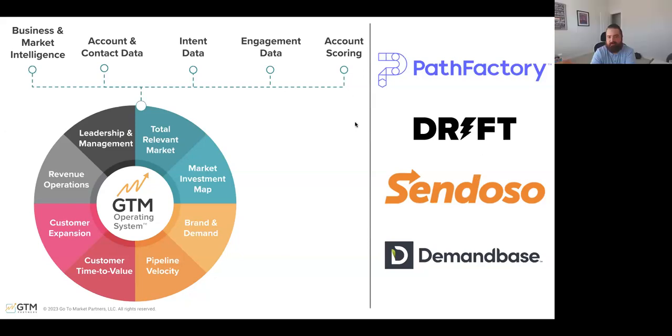Right. Yes. Well, we work with clients that have all of your technologies or like technologies, right? And that's why at the top I said that this discussion around ICP, total relevant market, building a target account list is just so foundational to all of this, right? Because if people don't have that level of focus, they don't know what to do with your technologies, right? I'm sure you guys have seen this. This is why clients churn, right? Because they don't have the focus, they don't have the strategies,